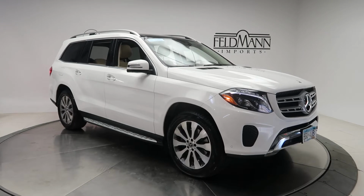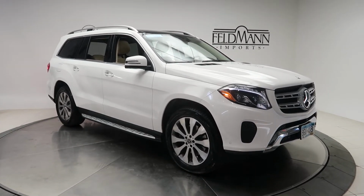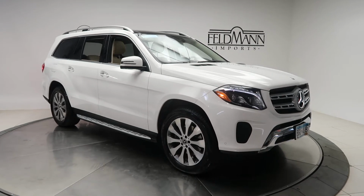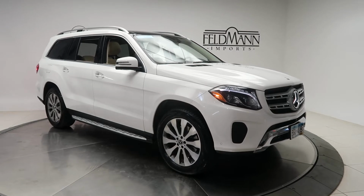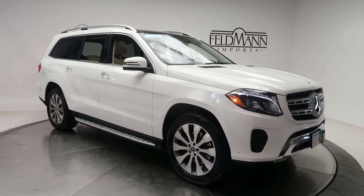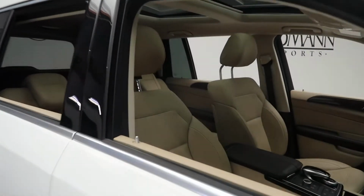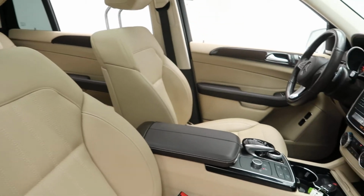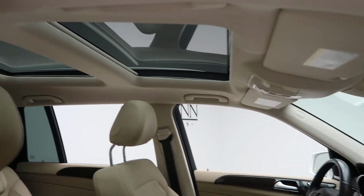This one has the appearance package with 20-inch multi-spoke alloy wheels, brushed aluminum running boards, lighting package with front and rear LED daytime running lights, adaptive high beam assist, illuminated star on the grille, an espresso brown ginger beige MB-Tex interior, panorama sunroof,